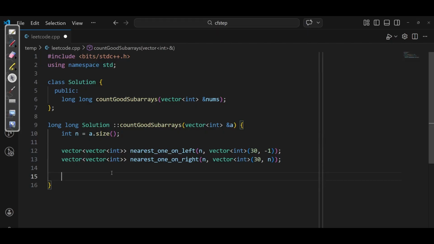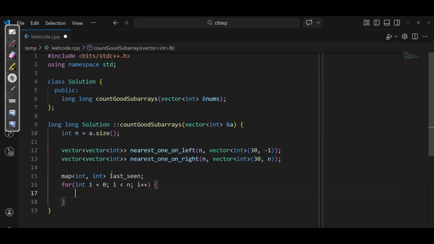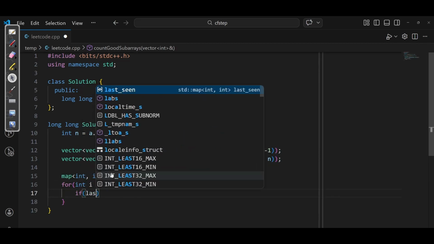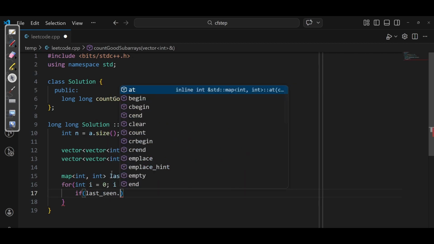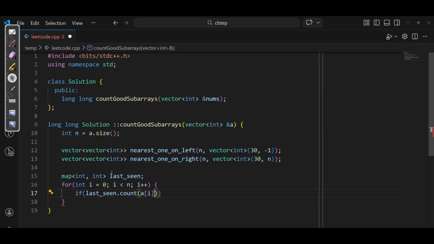We have to keep track of the last occurrence. You can maintain a map and iterate over the entire array, and if this element was seen before,